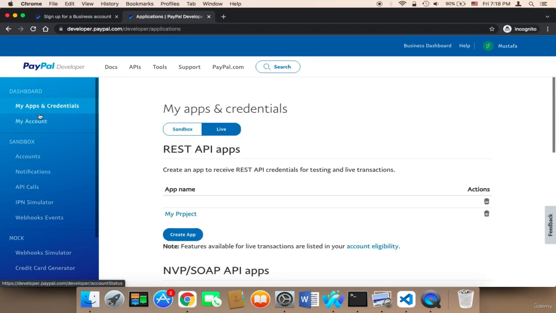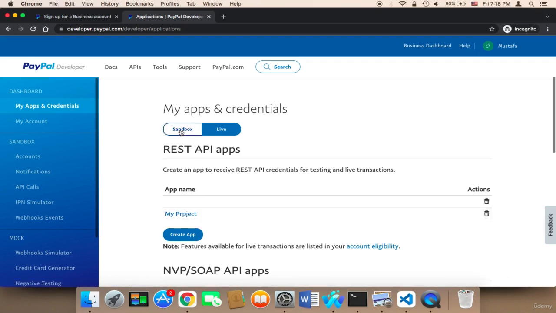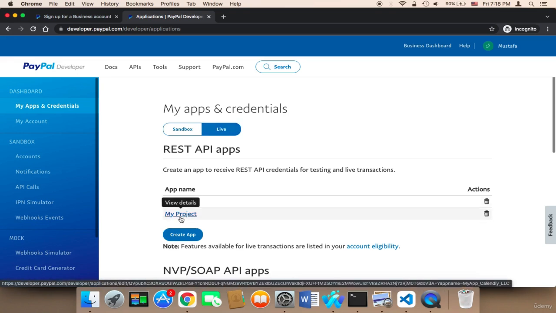Welcome back. So now if you click on my apps and credentials, you will find all of your apps, and here if you click on live, you will find your project here. If you click on it, you will find the live credentials. So what is the difference between sandbox and live? Live credentials will allow you to receive real money from users. So if I click on my project here,